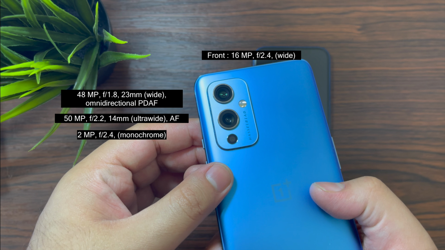Now the next one is a wide angle shot, and I really love this picture. The OnePlus has done good justice to this, while the iPhone has maintained all the shadow details. The colors are to the point, clarity is amazing with the filaments and the bulb, and it is an amazing photograph given by the iPhone 12 here. Let me know down in the comment section which one you like better in this one.